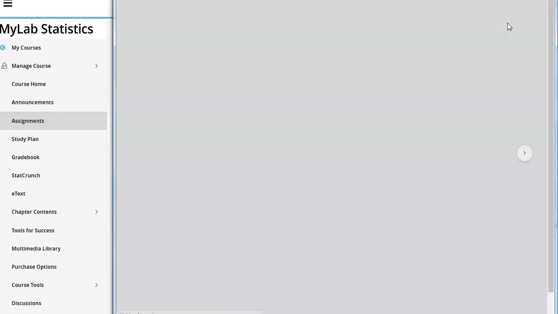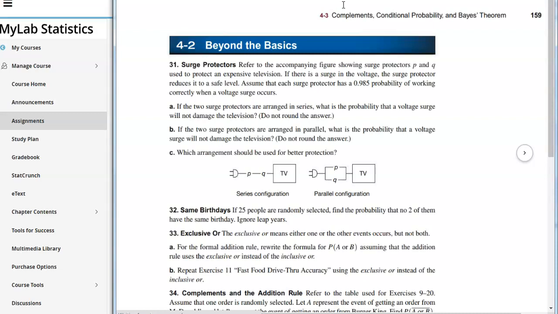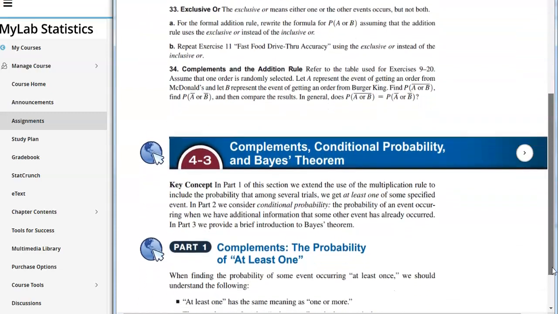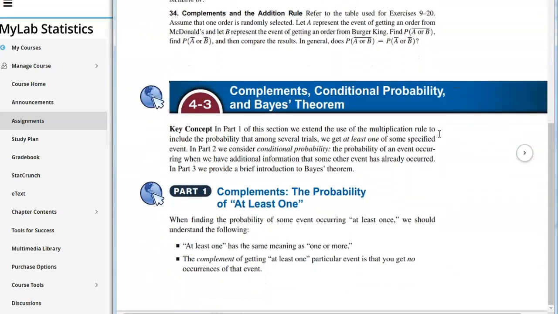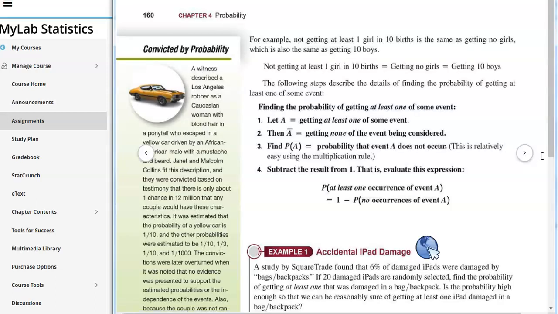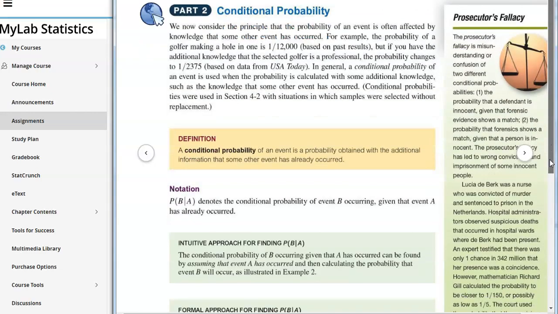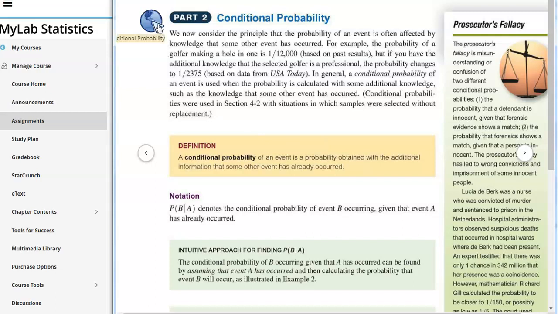you can see the book is loading up on the page that begins section 4.3. This is page 159, and this is the top of the page. But we look down here where it says complements, conditional probability, and so on. So I'm going to go to the textbook page that goes to conditional probability. What you see is these little arrows, and if you hover over it, it says conditional probability. One of the things about the book is this is an interactive textbook, and it's beneficial to sometimes hover over things. And if I click on this,